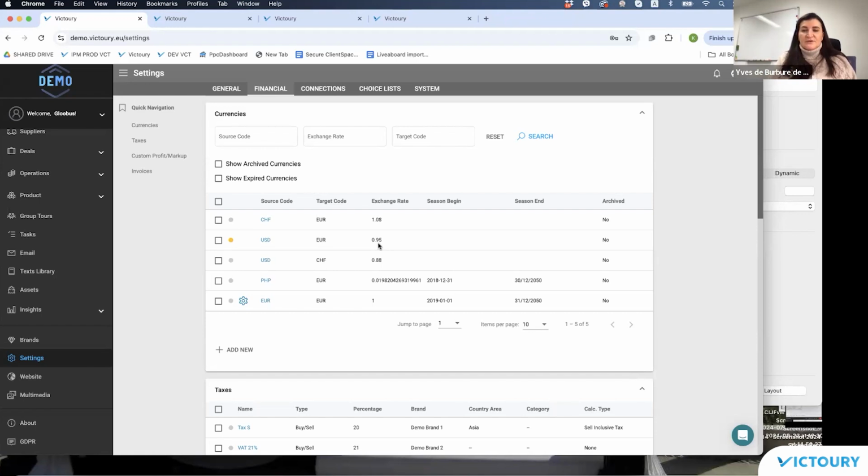So if you have set one to archived, then you have to have another one for the same currencies, in case you still want to use them, an exchange rate which is not archived and of course valid for the season. In case you use the season validity by controlling it from the season begin and season end, then as well for the currency exchange rate retrieval, when you are adding prices, the system will just show in the interface or retrieve behind the scenes only those currency exchange rates that are not archived and valid based on the season.